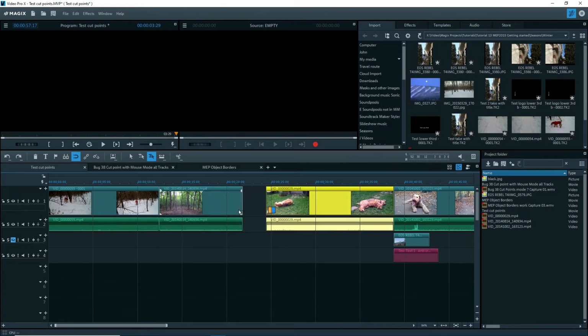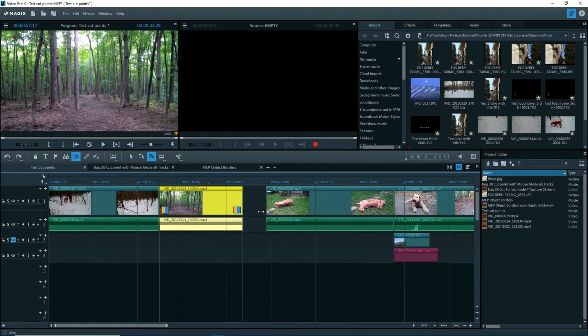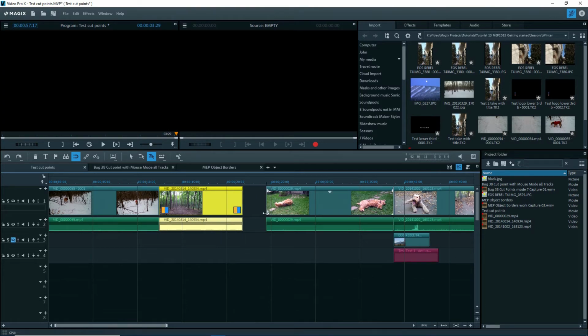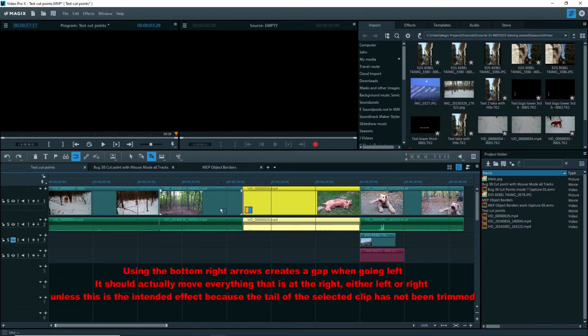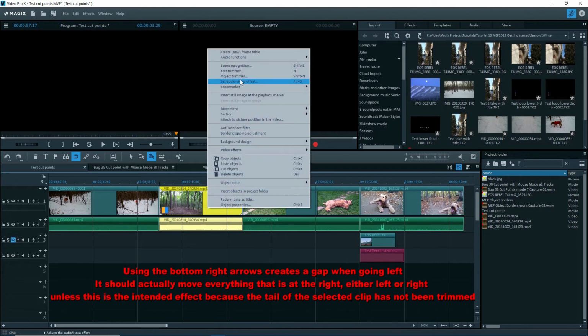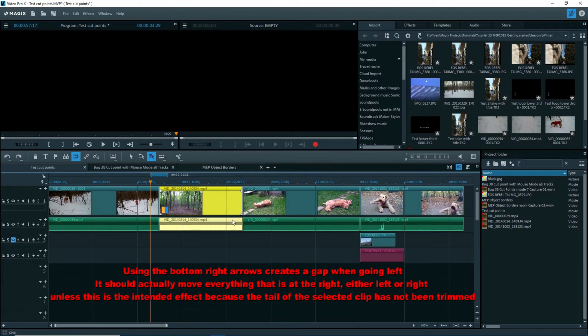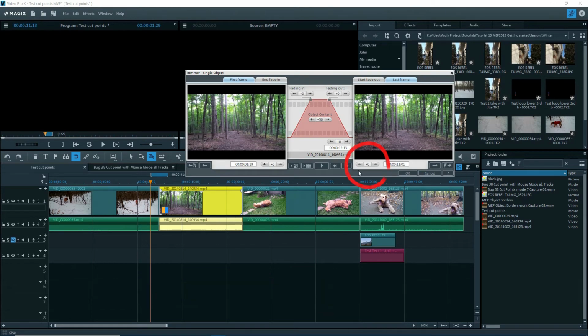For the next problem, this clip here, just to show you, has not been trimmed, and the one on the right-hand side has been trimmed. And I'll move these over. Okay, now we'll go into the object trimmer. And I'm going to use these bottom arrows here that should move the right hand, and if I go one frame at a time, it opens up a gap. And of course I can't go back the other way because I'm at the end of the clip. However, I would have assumed that it would have dragged everything that's on the right hand side over towards the